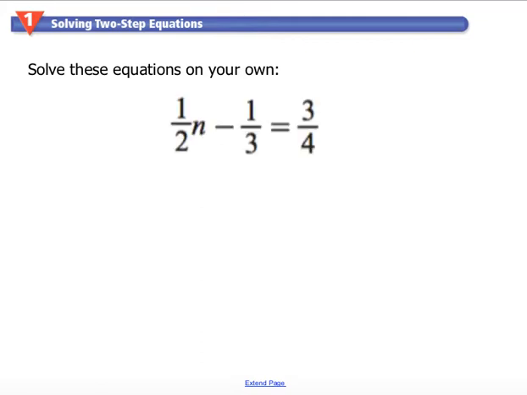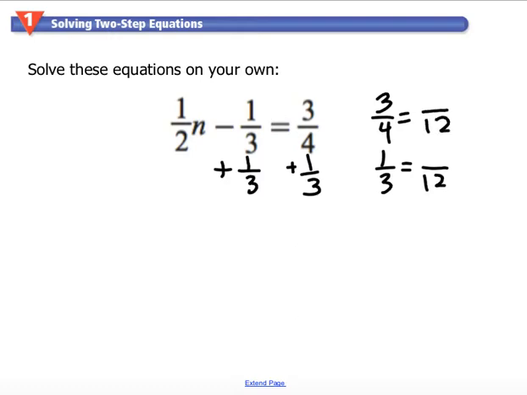Okay, let's do this one with some fractions. We're going to go through the same steps. We're going to add 3/4 plus 1/3. Well, unfortunately, these don't have the same common denominator. So I would say 3/4 is the same as, and 1/3 is the same as, well, we need a common denominator of 12. So we would say this is 9/12 and this is 4/12. So if we add them together, I get